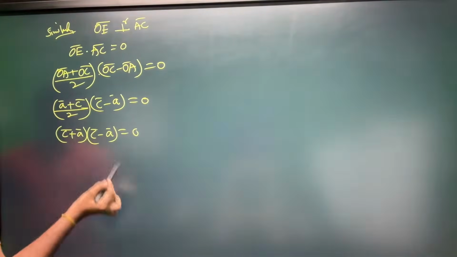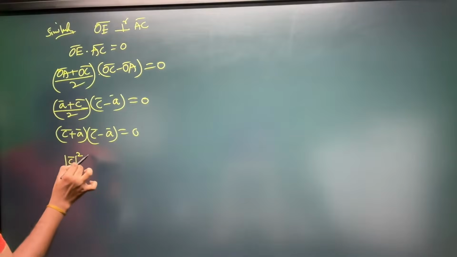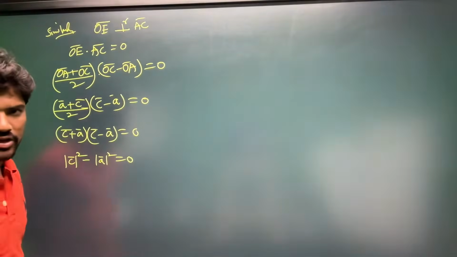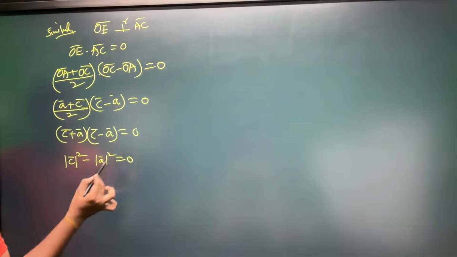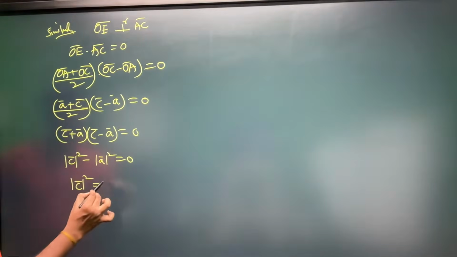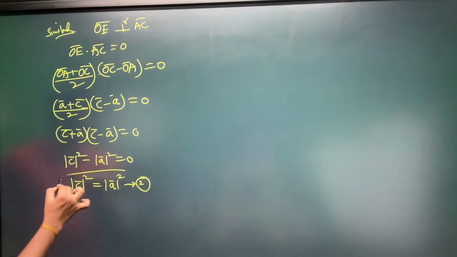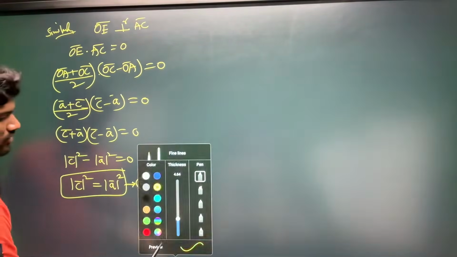Okay, A plus B into A minus B mod C square is minus mod A square equal to 0. Okay, so send this A square value to RHS. Mod C square is equal to mod A square, clear? Take it as equation number 2. So now from 1 and 2